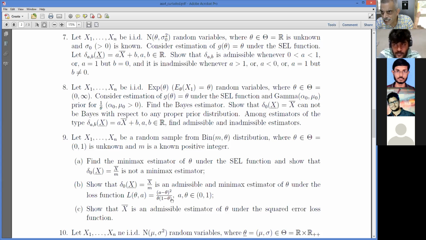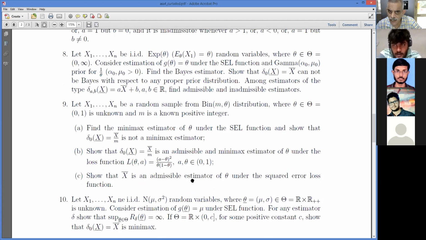So if I have two estimators, delta 1 and delta 2, their risk would have theta into 1 minus theta as a constant factor, and then the squared error loss of the two: expected value of (delta 1 minus theta) whole square and (delta 2 minus theta) whole square. Since theta into 1 minus theta is common, it cancels out when I am comparing the risk. That means any estimator which is admissible under this loss function would be admissible under just (A minus theta) whole square, because when I talk about admissibility, it is only about comparison of the risk. Is that okay? Yes, sir.